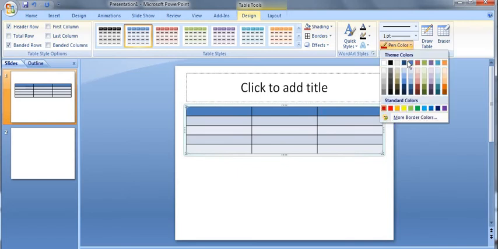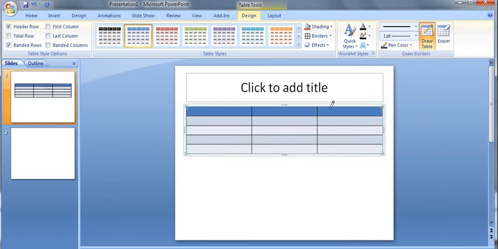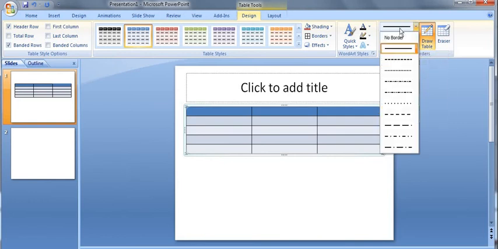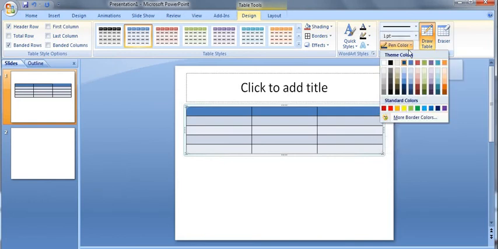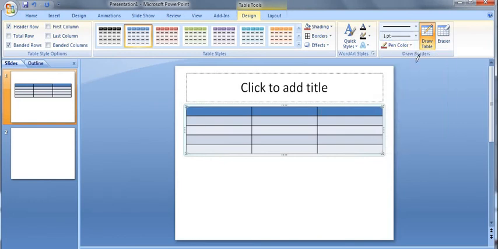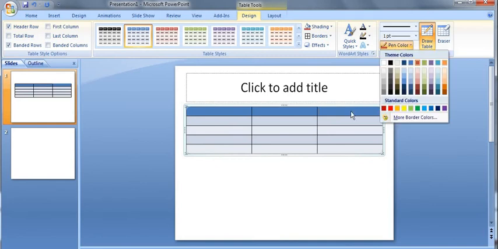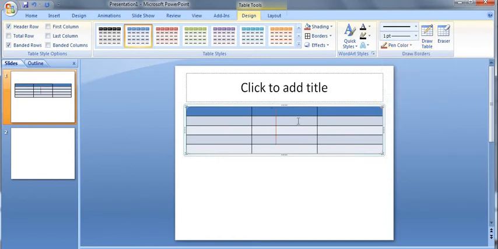Actually some problem is there. Pen color, suppose I increase the thickness level, I will change its color. More colors, wait a minute. See, like this the border is changing, right?